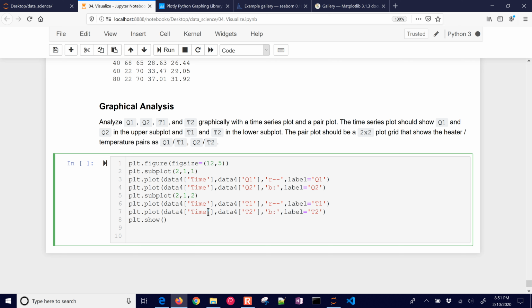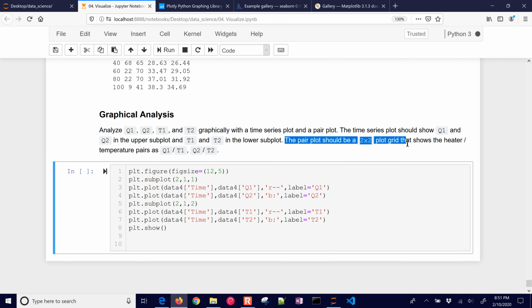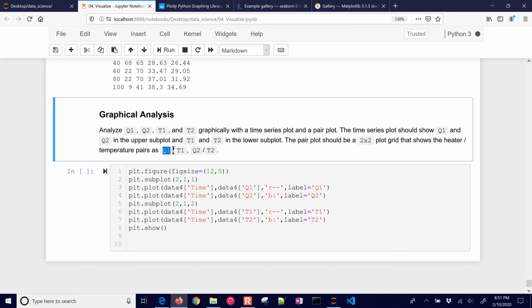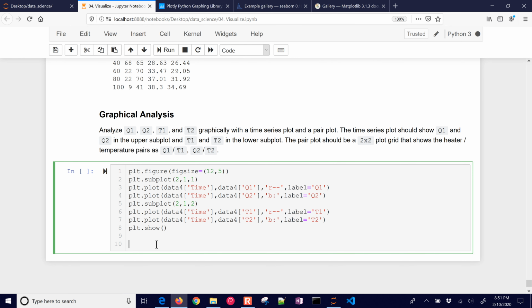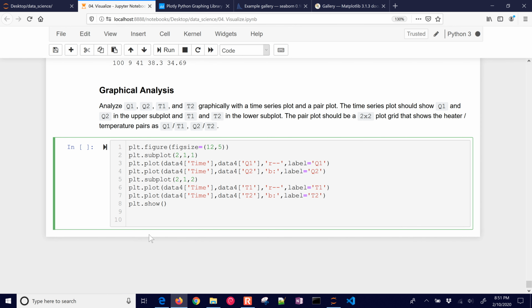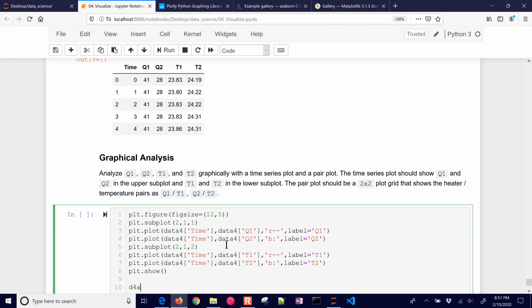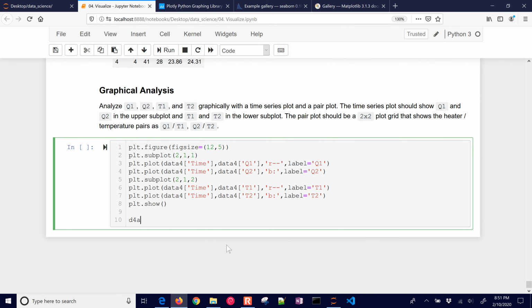The other one that we want to construct is a pair plot that should be a 2x2 plot grid that shows the heater temperature pairs. So we want to show the difference between heater 1 and temperature 1 and heater 2 and temperature 2. So this one's just a little bit trickier. We've got to stack these on top of each other and mark the different data sets as such. Okay, so I'm going to split these into,